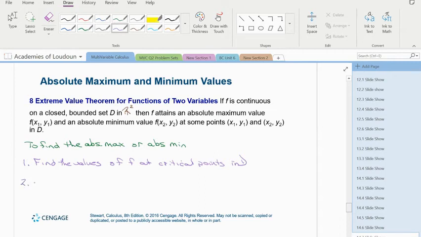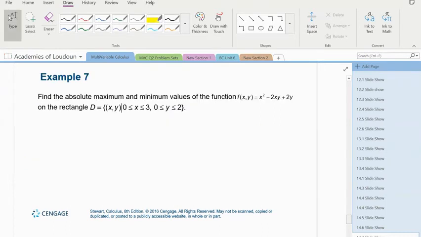Step 2, find the extreme values of f on the boundary of D. Step 3, compare. The largest of these values from steps 1 and 2 is the absolute maximum, and the smallest of these values is the absolute minimum. Then we're going to find the absolute maximum and minimum values of the given function